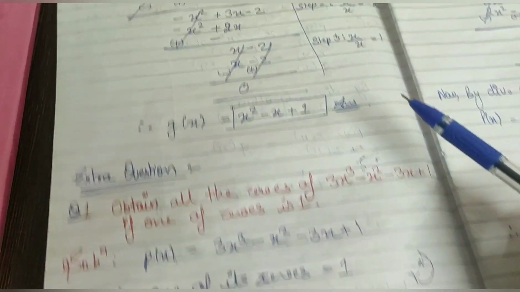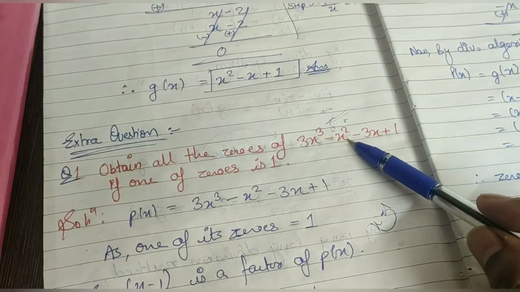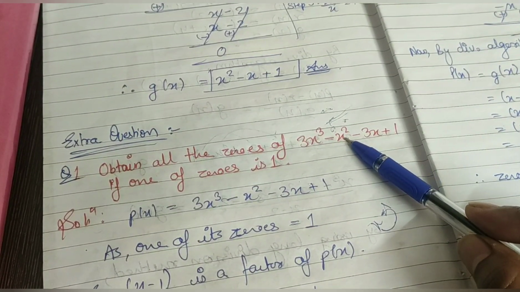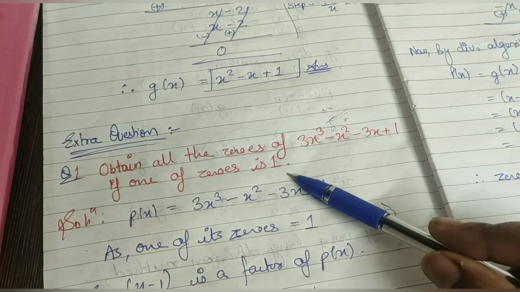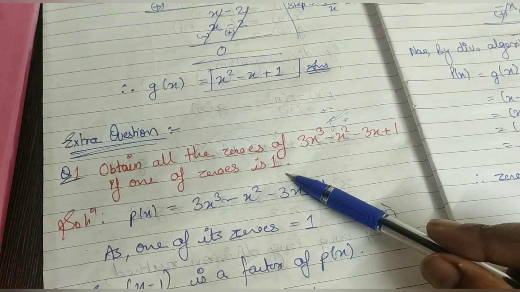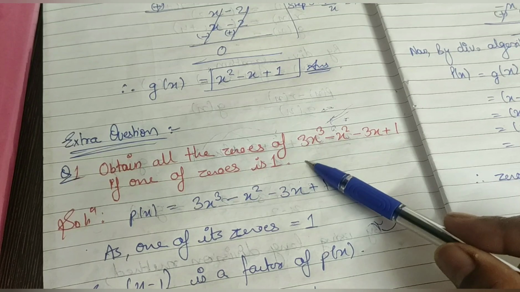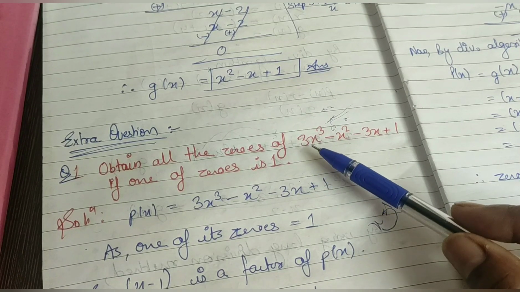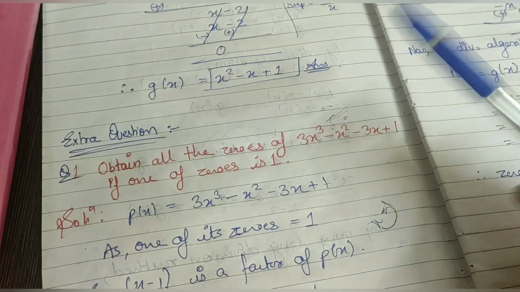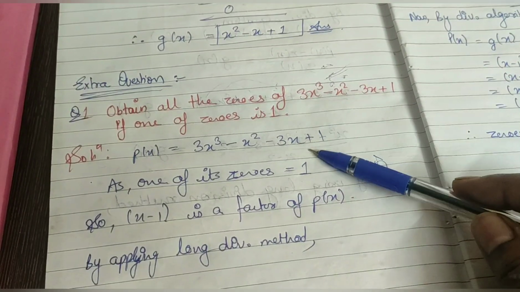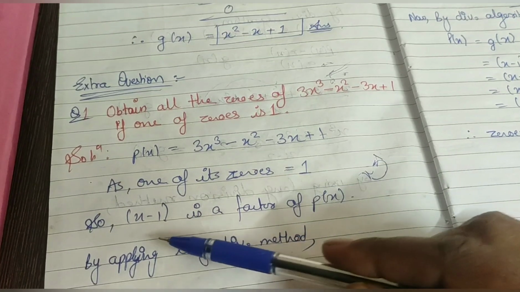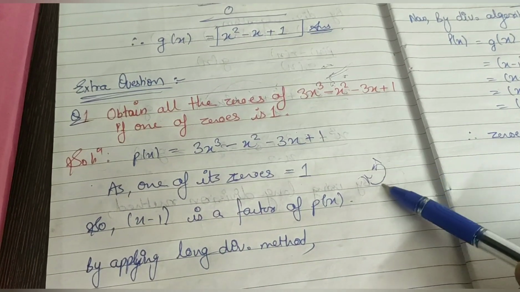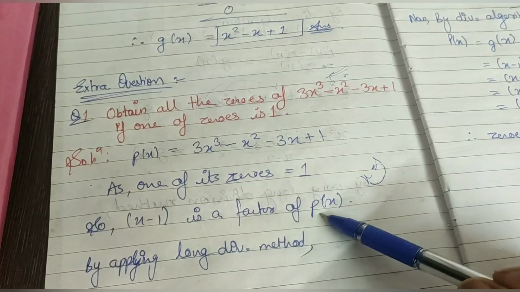Now here I am taking one extra question which is based on a cubic polynomial, right? So it is a cubic polynomial. In this case also generally they will provide you one zero. They never ask to find all three zeros, okay? So in the same manner which I did for the biquadratic, we will follow the same steps. You can observe, take this as Px. If one of the zeros is 1, then x minus 1, means again I am going to shift this 1 towards this side. So x minus 1 is one of the factors.